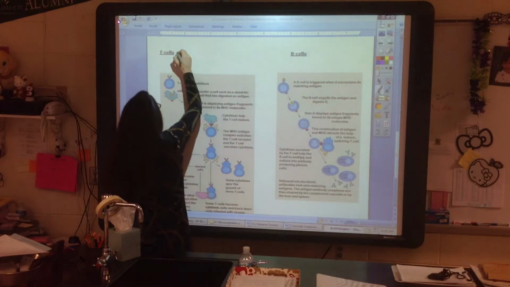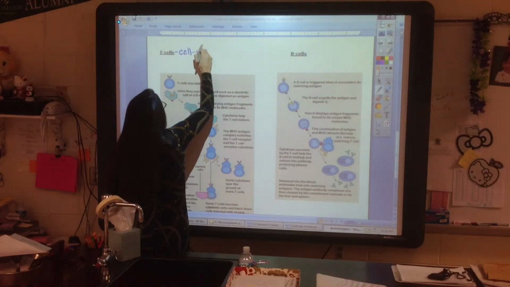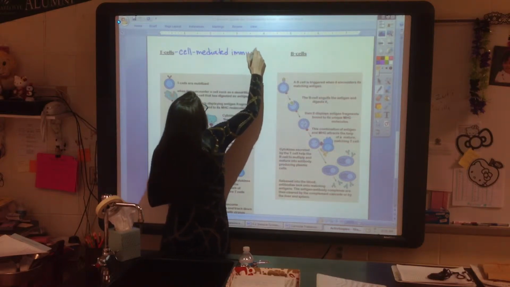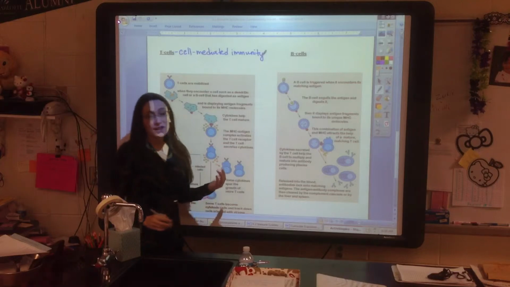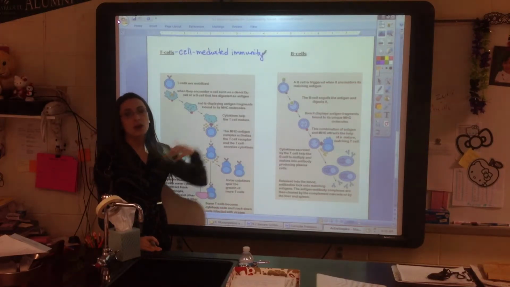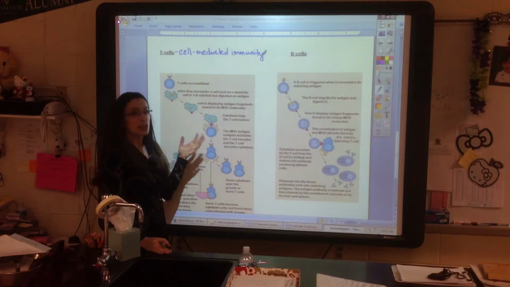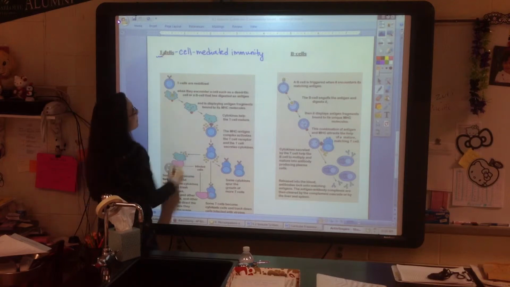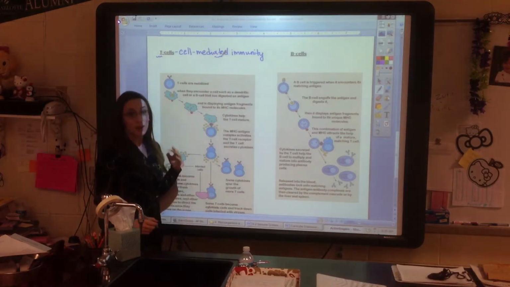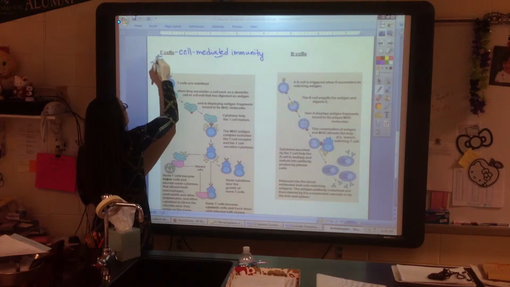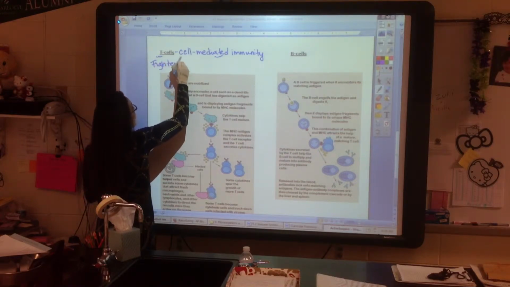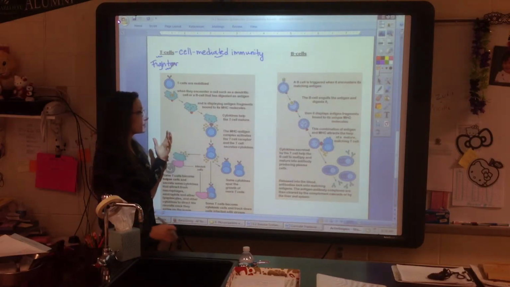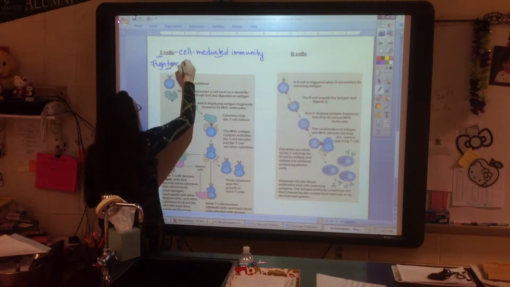T cells are part of what's called your cell-mediated immunity. These names don't necessarily tell you anything directly. They come from long historical research, so they're not necessarily up to date or very informative. But I do want you to connect the T in T cells to the T in mediated. And then think of them as your fighter cells. So I connect all of those T's: T cells, cell-mediated, and fighter cells. These are your cells that are going to attack